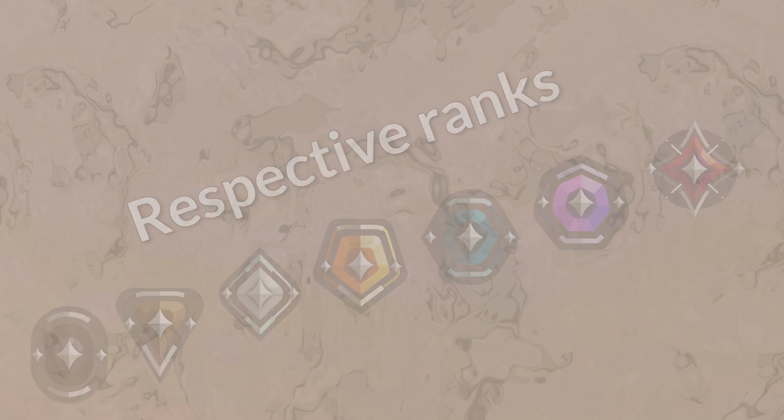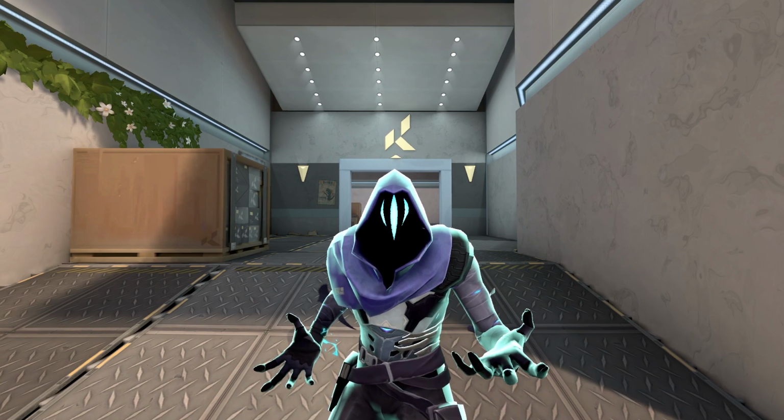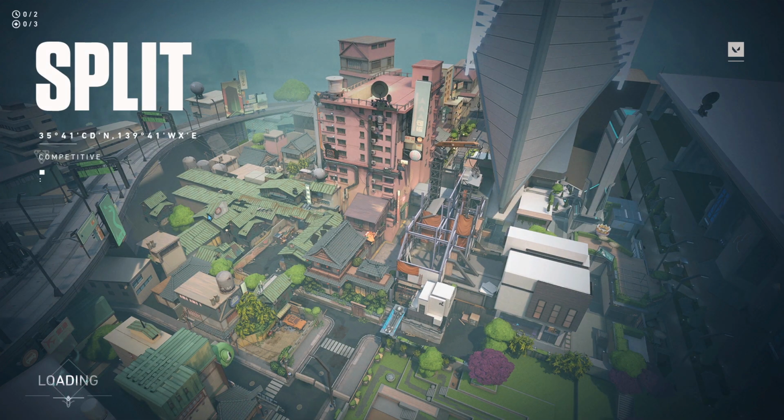I switched from live commentary to a mixture of both post and live. This will help explain in more detail about exactly what I'm thinking. Match found. Looks like we got Split, so let's start by selecting one of the agents from my recommended agents